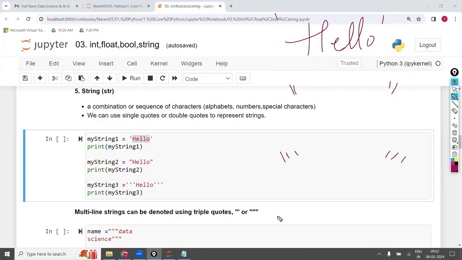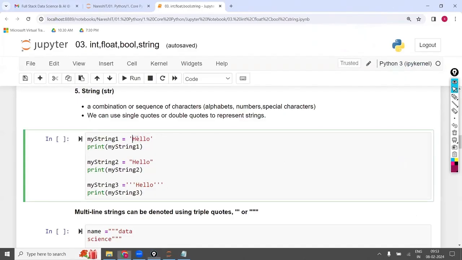Triple single quotes, triple double quotes. Anything is okay. What is meant by string means which is in the non-numerical format. Generally, the numerical format will not be in the inverted commas. Within the inverted commas, whatever the value is there, that is called a string.